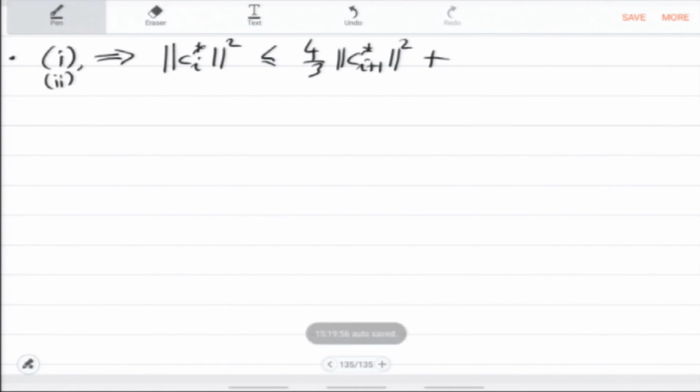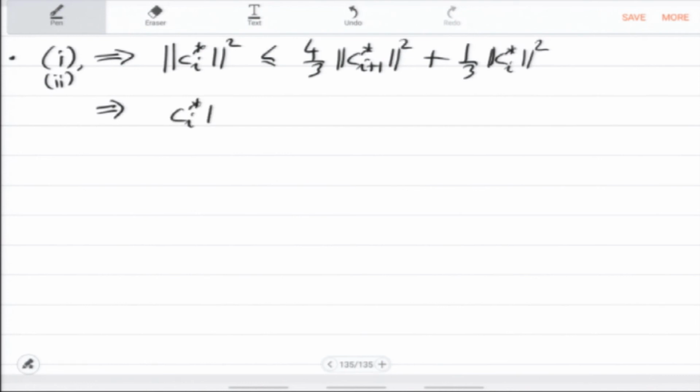Condition 1 implies that Ci star square is less than or equal to 4 by 3 Ci plus 1 star square, plus this 4 by 3 mu square, and mu by the second condition is less than or equal to half in magnitude, so that is 1/3 then. Okay, which implies that